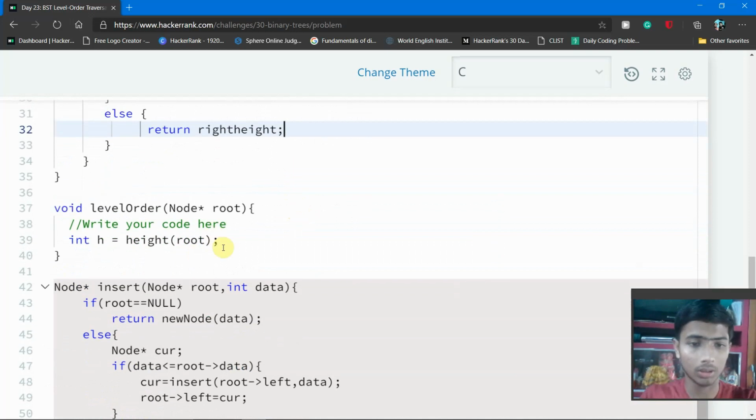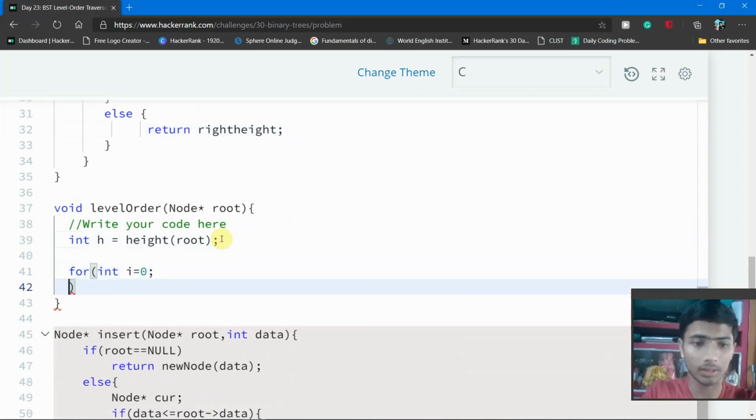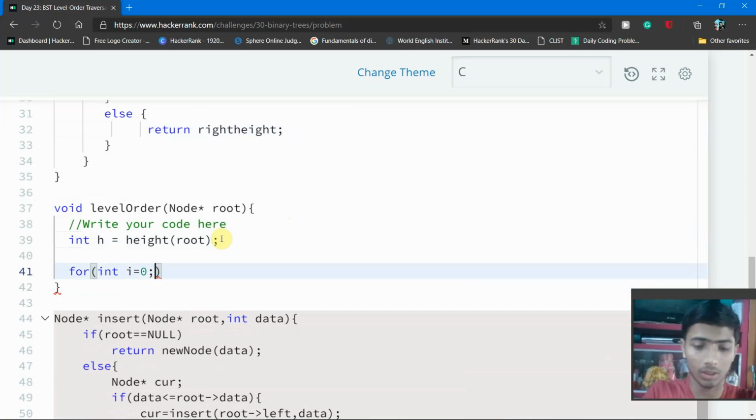After that, inside this level order function, you make a for loop, and inside this for loop you declare i and initialize it to 0, then i less than h, which stores the height of the tree, and then i plus plus.